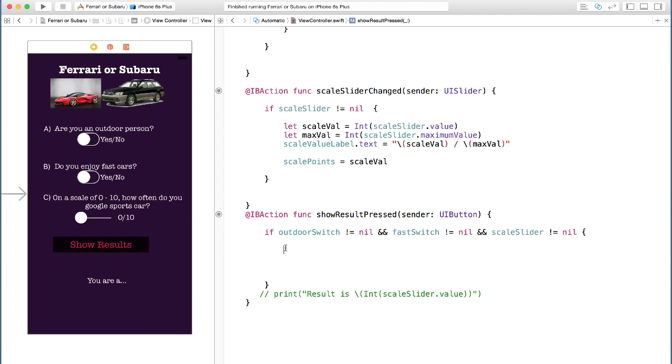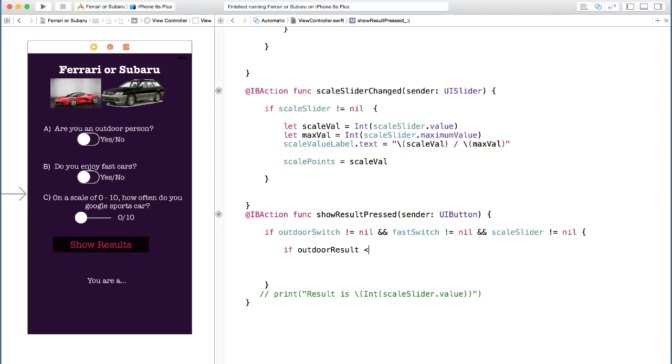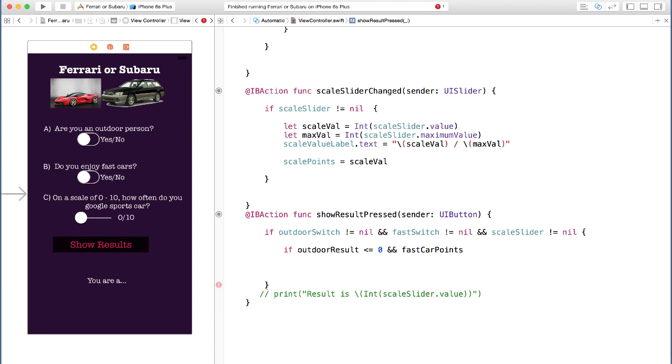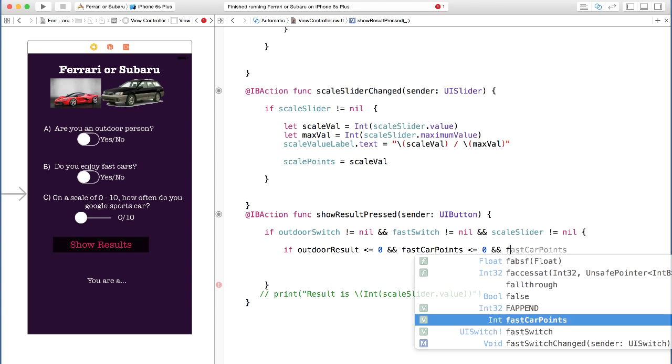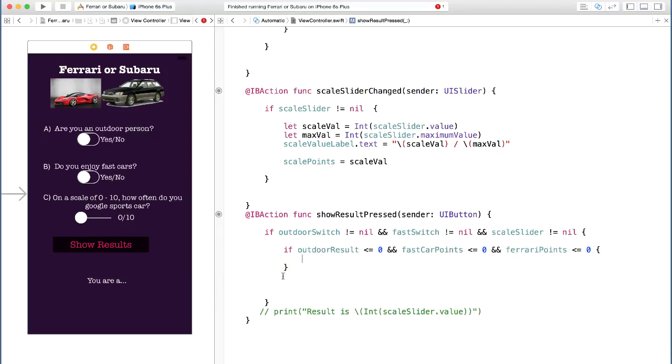We're going to say if outdoor result is less than or equal to 0, and fast car points again is less than or equal to 0, and Ferrari point is less than or equal to 0, and I'm going to put an else here.